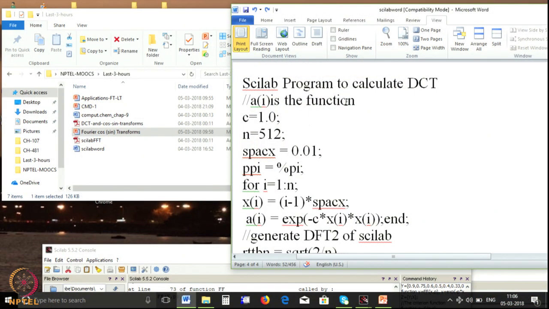A is my function, okay. My constant is 1. So, I want to determine 512 points of the function A. So, what is my function? It is defined here, okay. C is equal to 1, n is equal to 512, space x, this is the spacing in the x axis, it is 0.01,